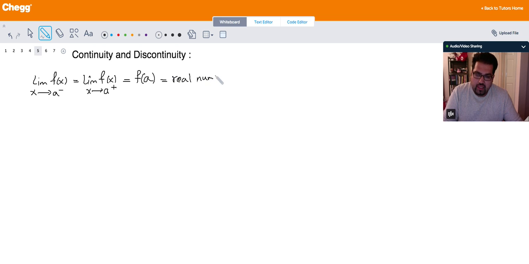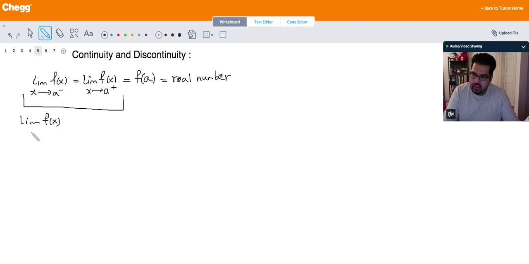So basically, if the left or right side limit is infinity, then definitely it's not going to be continuous. So the first two parts here are telling me that the function f of x